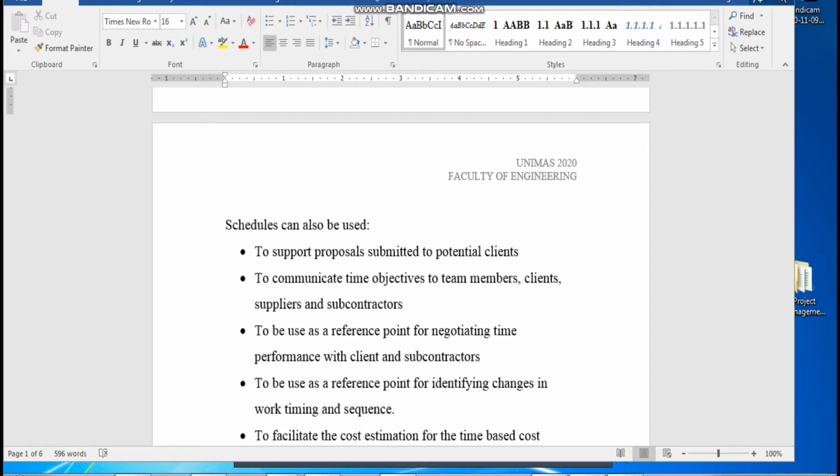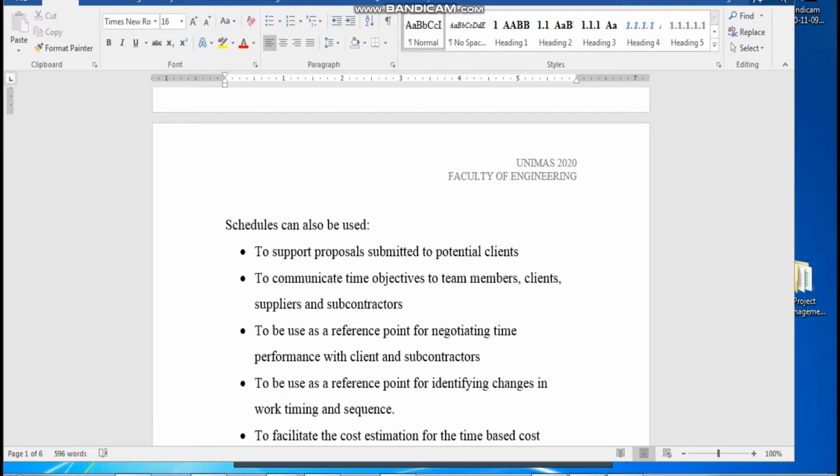So basically the usage of this schedule is that you need to make a proposal to the client. It is a communication thing. Everybody knows that we're on the same line of thoughts. Everybody knows that we have to finish this part in 10 days. Everybody knows that these are the timeline, you see. So what is communication?